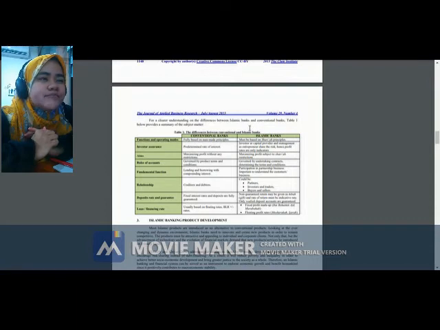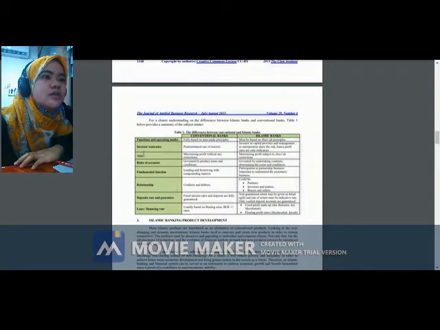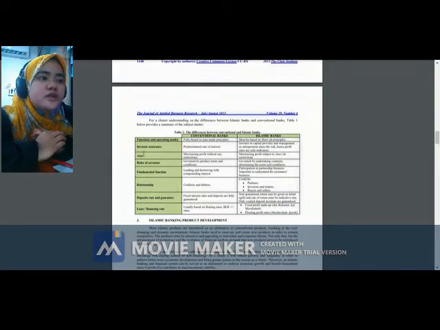In Islamic banking there are two types of product. The first is the Sharia-compliant product, and the second is the Sharia-based product. I will discuss the Sharia-compliant product first, which is available in the market and introduced by Islamic banks